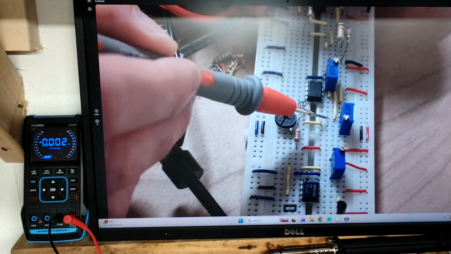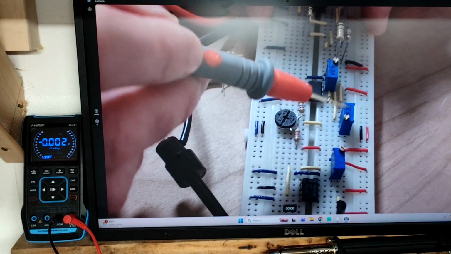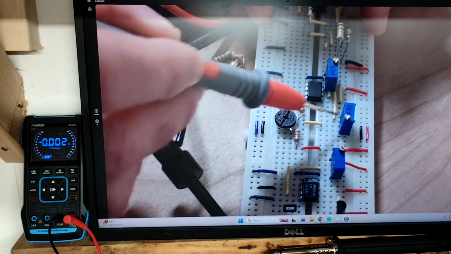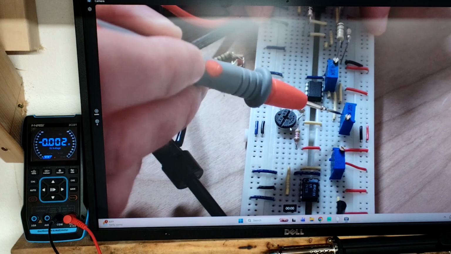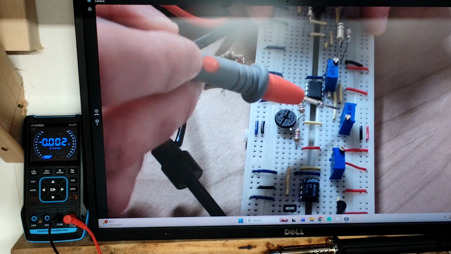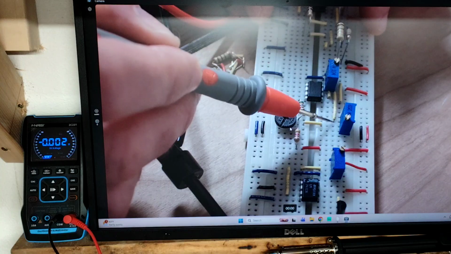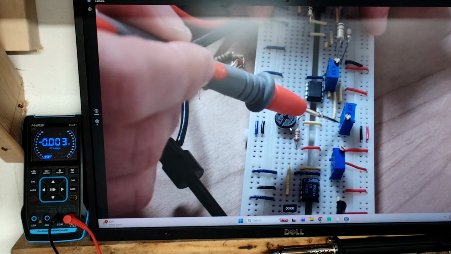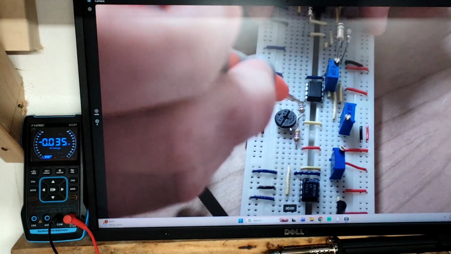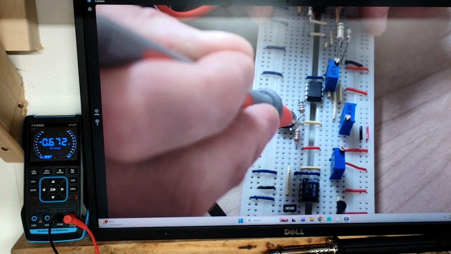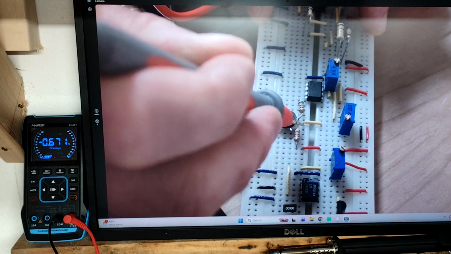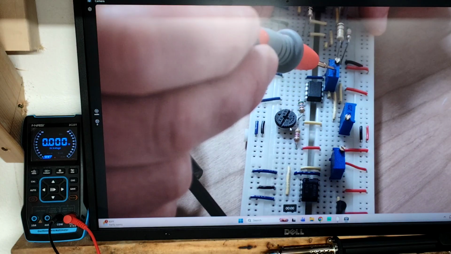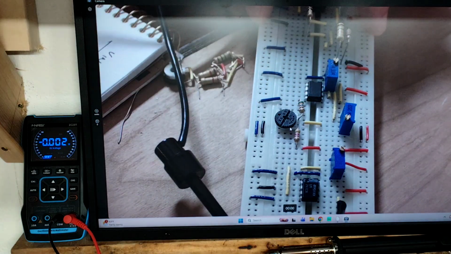I goofed there a little bit. This I had taken out to measure its impedance, but it's back in the circuit now. So we come out of the op amp here, through this, which trims the impact that this control voltage has on it. And so you see coming in here, we have basically 0 volts, and then coming out here, this is where all three of those come together, and right now we have 0.671 volts. And so what we hope happens is that when I increase this to, say, 2 volts,